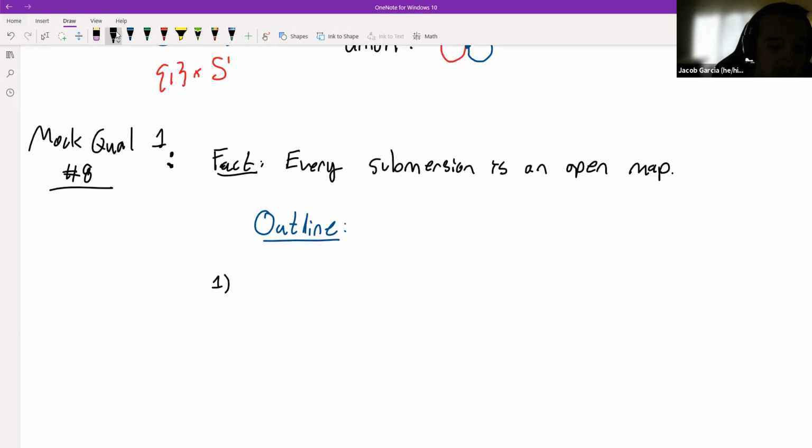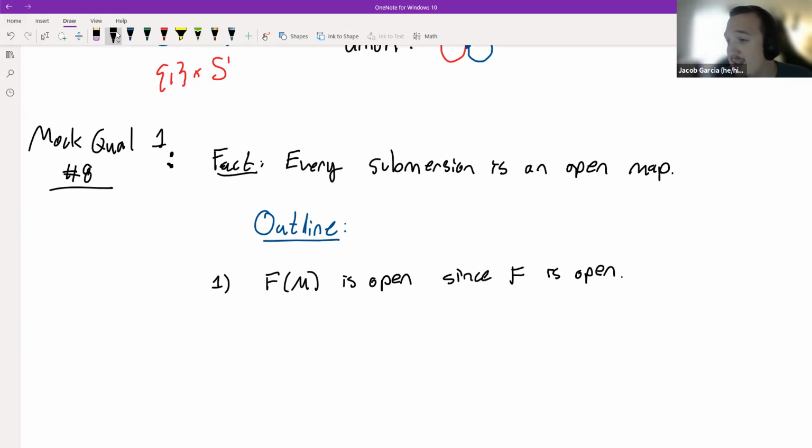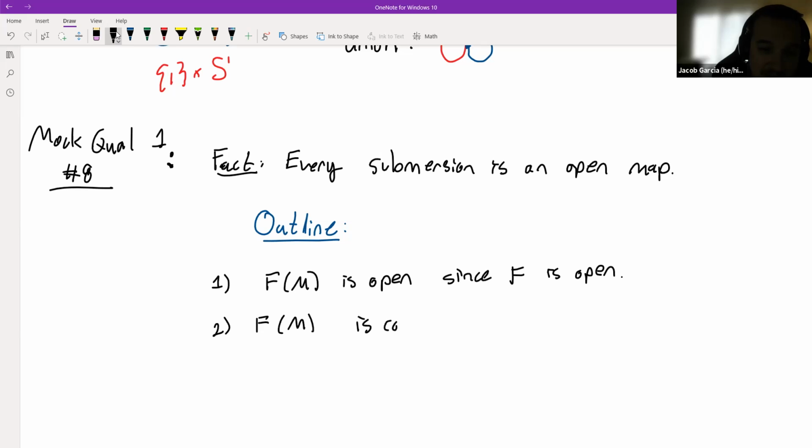So outline: 1, f of M is open, since f is an open map. 2, f of M is compact, because f is continuous, right? So this means that f of M is closed,